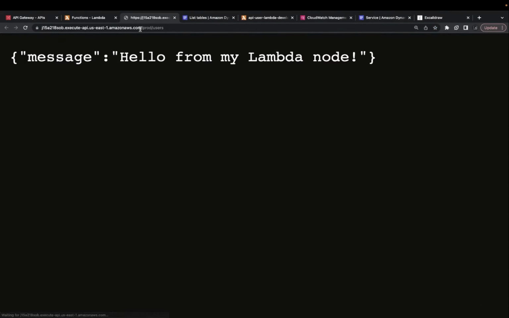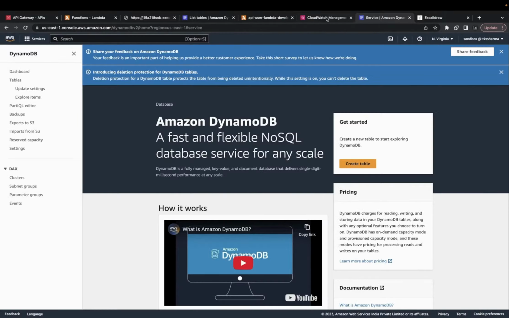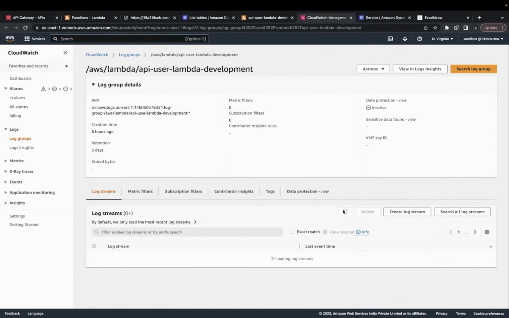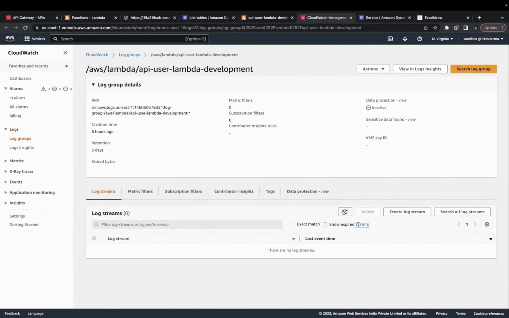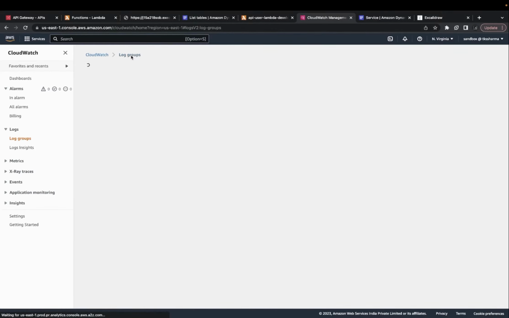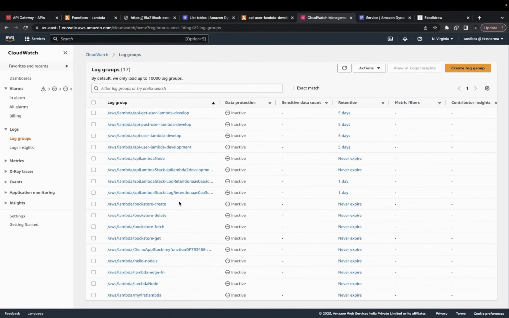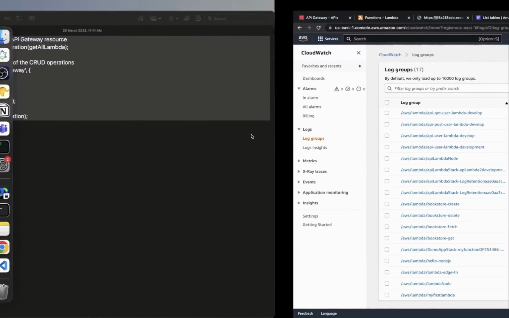I'm not printing anything in the logs right now. I can just see if the logs are getting generated. Currently there are not many logs. So these are the log groups. These are the logs created for the API post and API get, and the retention period is, you can see, 5 days. After 5 days, these logs will be gone. So it's a simple stack we have created